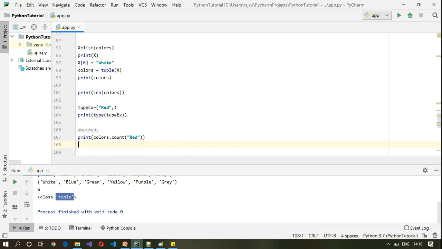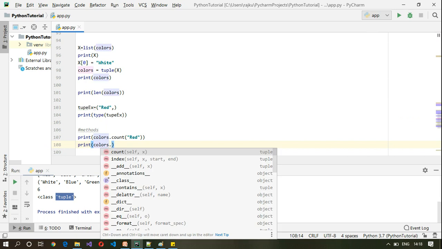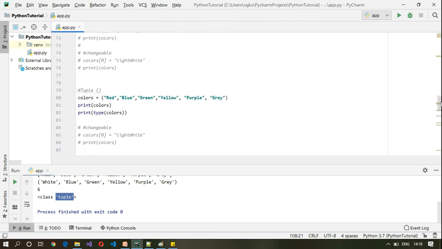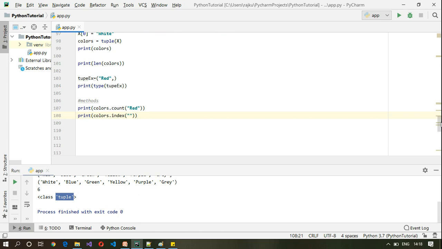And a tuple also contains another method, print colors dot index. Let me get the index of yellow. So these are the two methods which are available with tuple. Let me execute this.